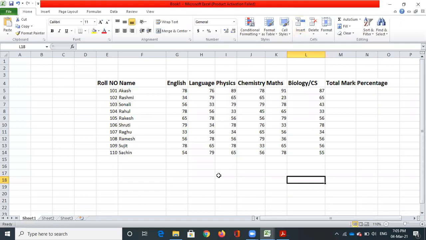Now we have entered the marks for all the students, and our task is to calculate the total marks and the percentage, or you can say the average. To get the total marks, there are two ways. Select this particular cell. Always remember that these are the column names in Excel, and these are the rows.